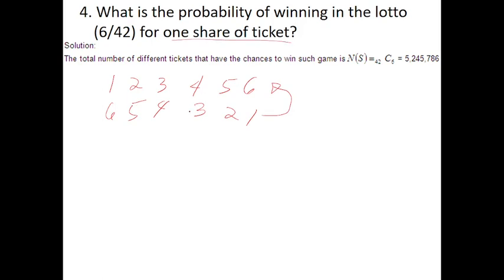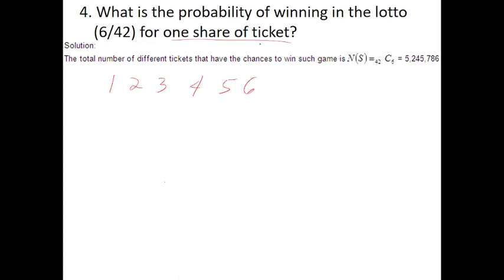Di ba? Panalo ka pa rin sa Lotto kapag iba yung arrangement. Kahit iba yung arrangement, basta nandun yung mga numbers. Right? Without regard to order. In short. No? So therefore, combination siya. Okay? Combination. Hindi siya permutation, no? So in that case,